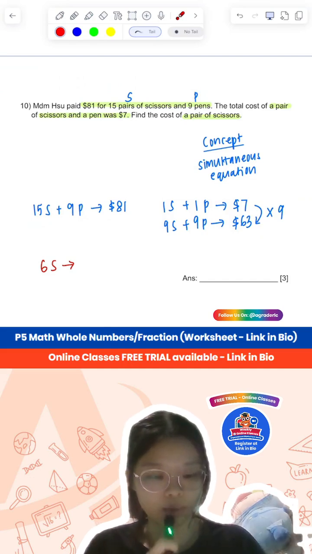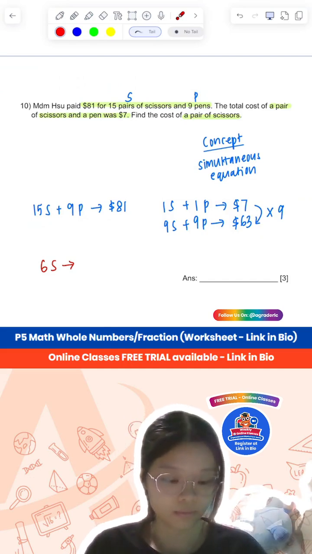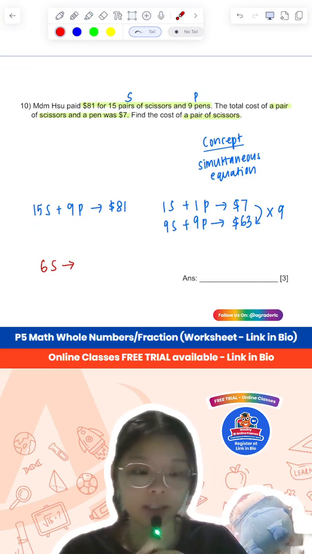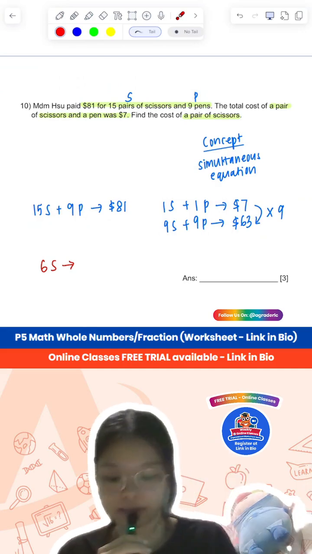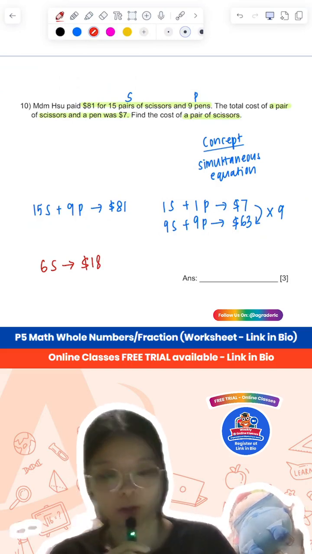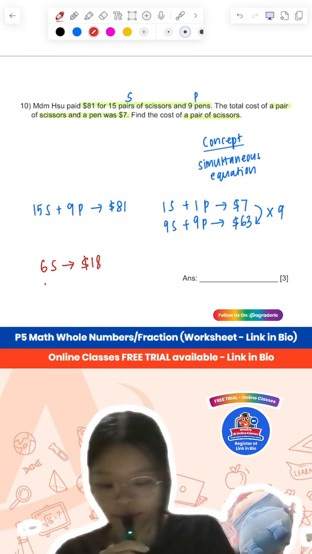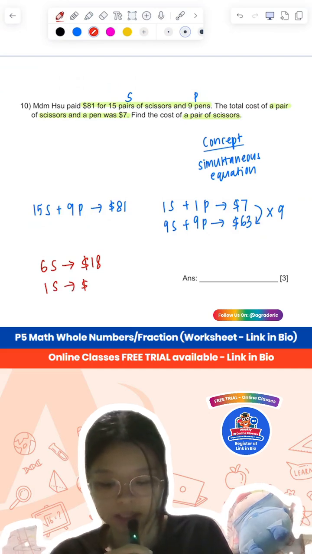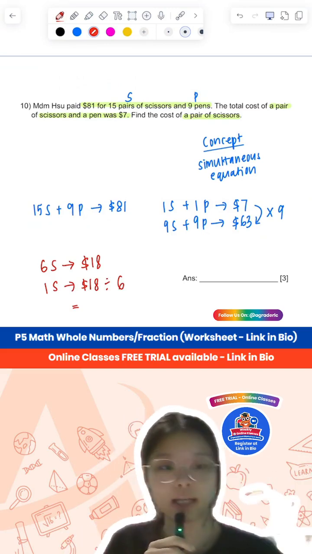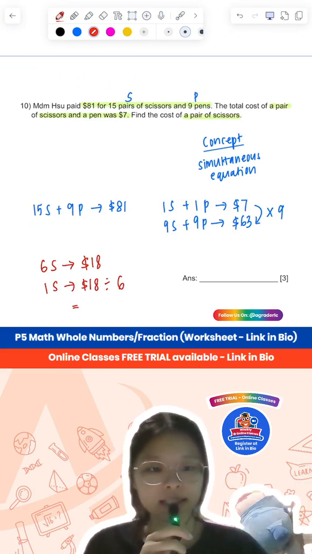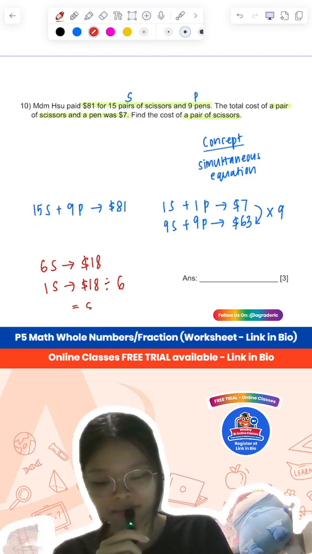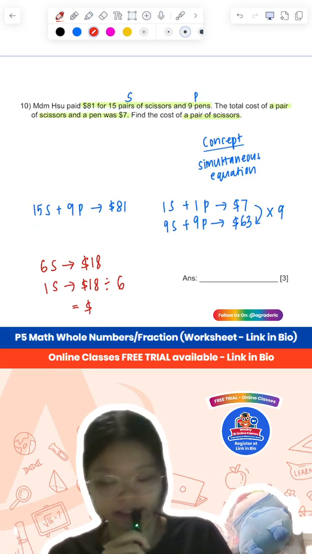Okay, so 81 minus 63 gives us 18. So $18. And then now I can find 1 scissors. 1 scissors would just be $18 divided by 6. Guys, can y'all not spam random numbers? Okay, 18 divided by 6 gives us...